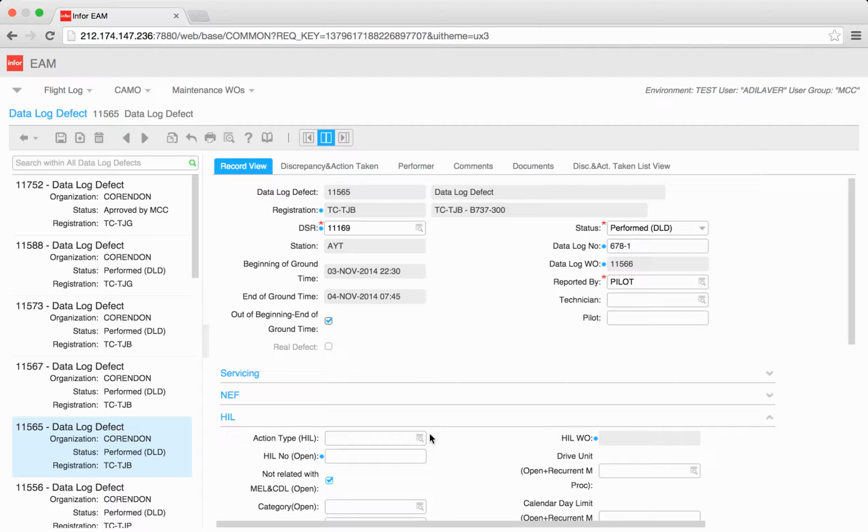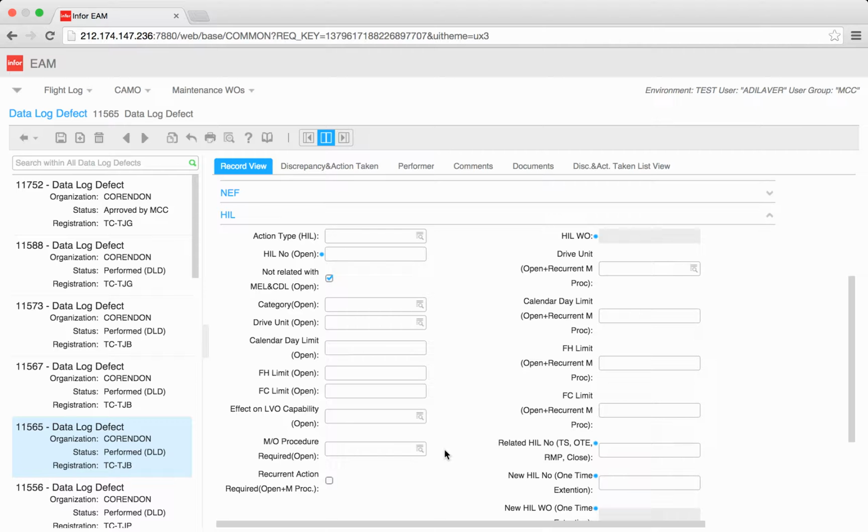If our item is not related with an MEL or CDL item, we have to check this checkbox to continue our records without entering an MEL or CDL item. And yes, we write here open, and here item 44. Since our item is related with an MEL or CDL item,